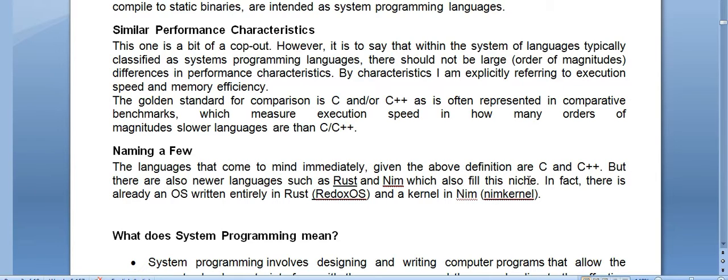The gold standard for comparison is C and C++, as is often represented in comparative benchmarks, which measure execution speed in how many orders of magnitude slower a language is than C or C++. Naming a few, the languages that come to mind immediately given the above definition are C and C++, but there are also newer languages such as Rust which also fill this niche.